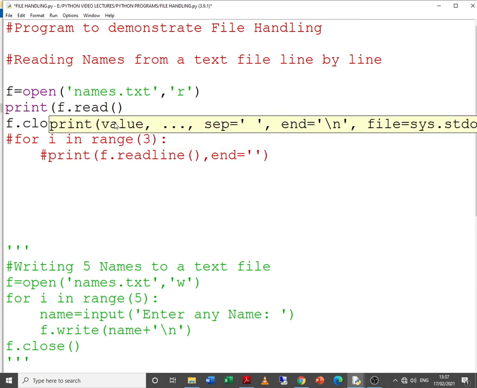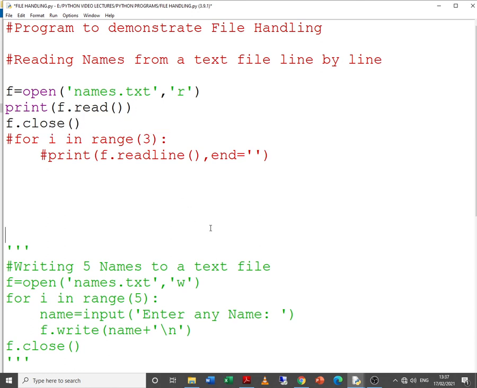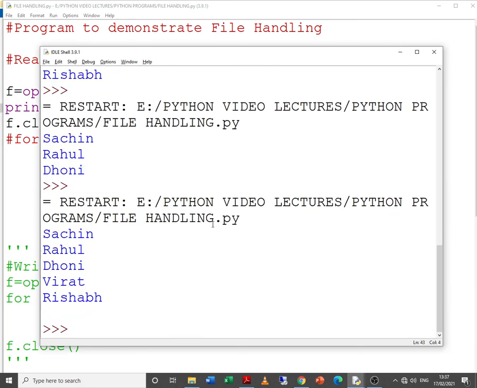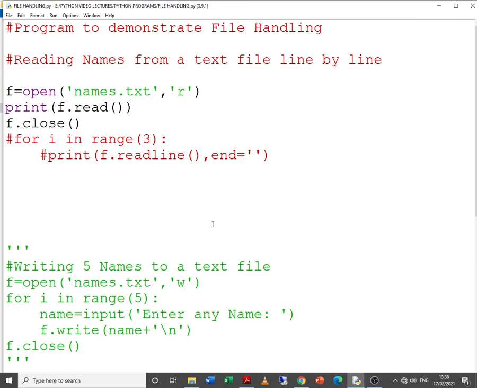Now what read does is, it is going to read the entire contents of the file, not the names one by one, all the names together. So now once again let us try to execute, and there you go, all the names are read together, not line by line. Hence we will not be able to control like the previous code. Say for example, if we want to read only 3 names or only n number of names. So this is the basic difference between read and readline methods.